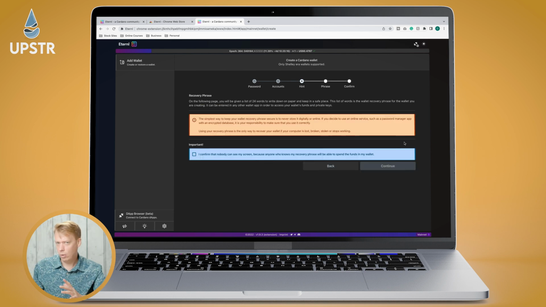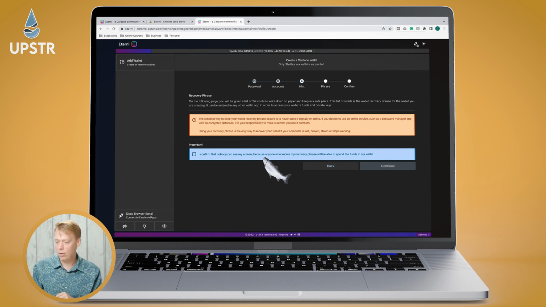I'm just going to keep it as one for now because there's only one stake pool I really want to delegate to. So on the next page, you're going to be given your recovery phrase, and this is where your pen and paper really come in handy. If you lose access to your browser or your wallet in any way, or you lose your laptop, your recovery phrase is what's going to allow you access back to it again. So this is really, really important. So you need to write it down on a pen and paper. And as I said, keep it in a fireproof safe.